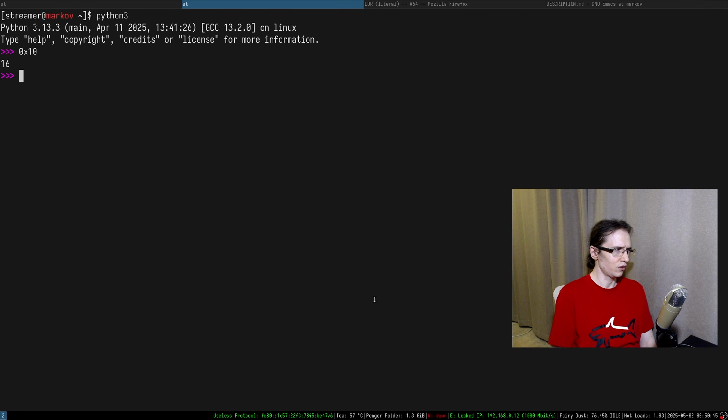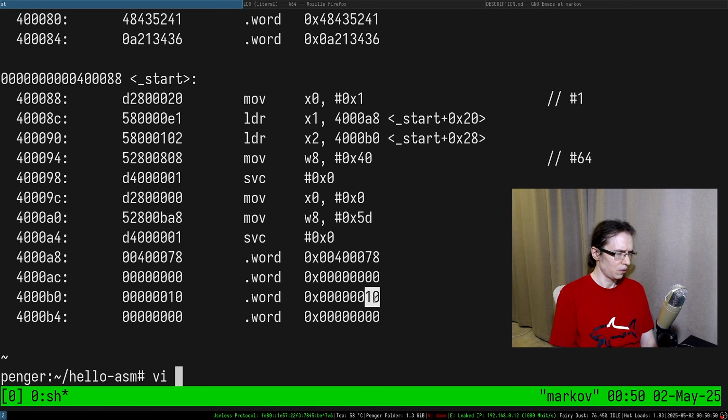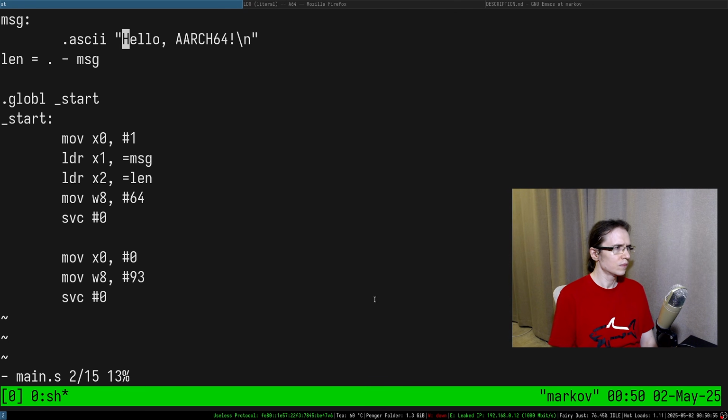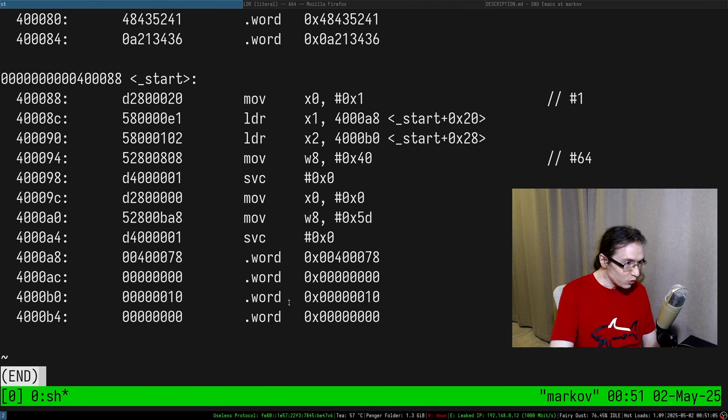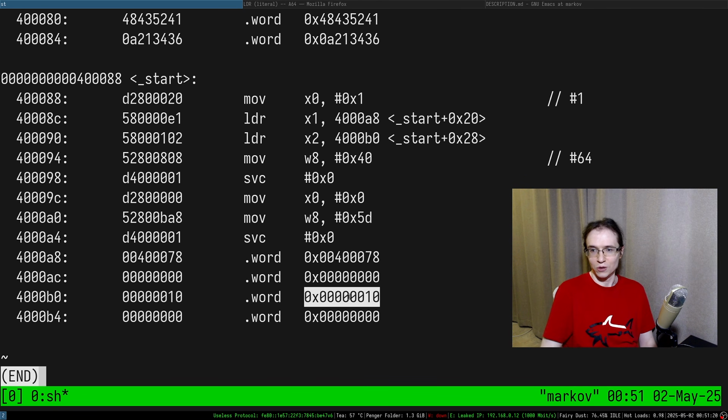So I'm pretty sure it's 16. 1, 2, 3, 4, 5, 6, 7, 8, 9, 10, 11, 12, 13, 14, 15, 16. It created a 32-bit value in the code itself, and it loaded it from a pointer. Here it is. Here's that value. I thought it's immediately loaded.